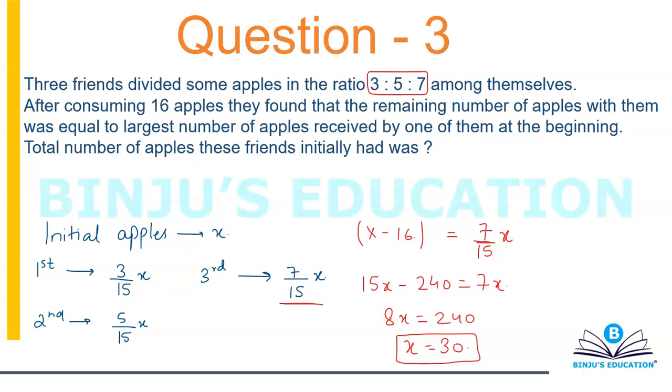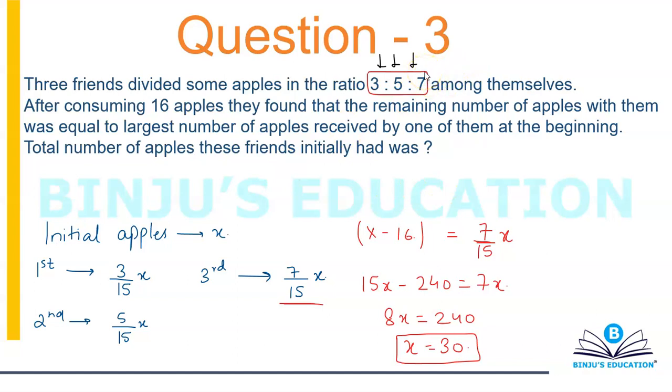Now in this question, what was the important part? The important part was this conversion. So if you have a ratio 3 is to 5 is to 7, how can you figure out what these people are going to individually have? Okay, so what's happening? How did I do this? Try and understand. I have 3 is to 5 is to 7.